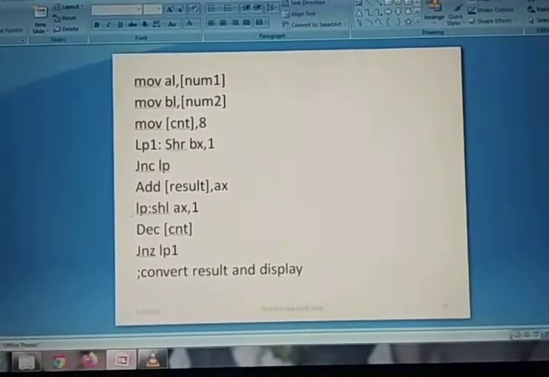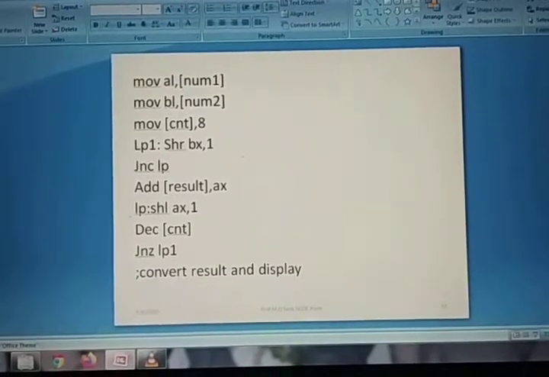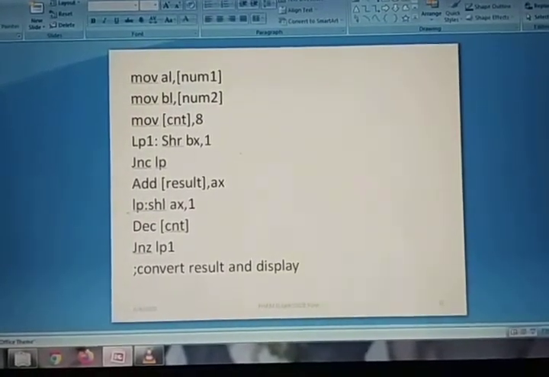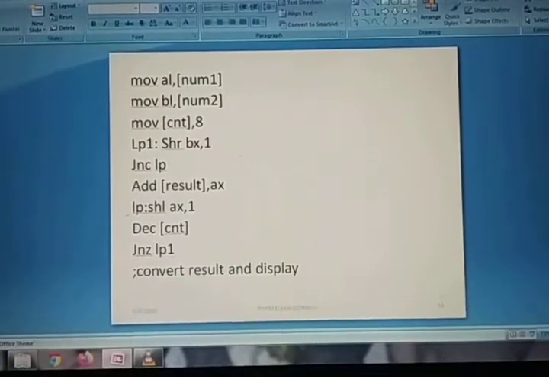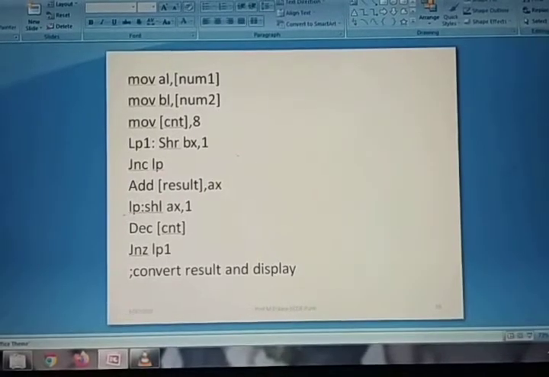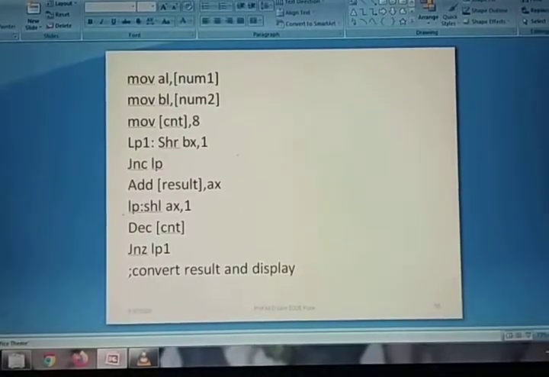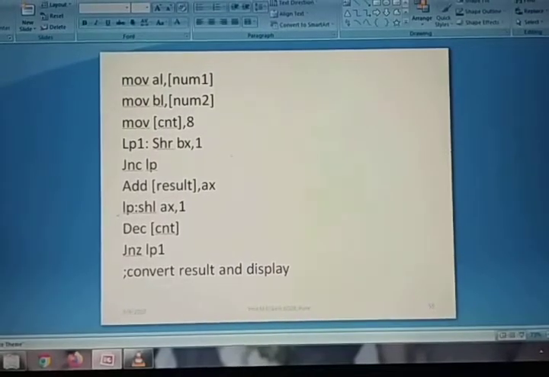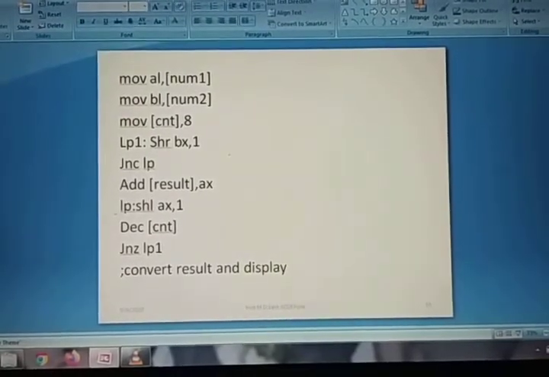So that's why we have to perform the ASCII to hex conversion before performing any operation. If you are performing any operation on that number, first we have to convert that number from ASCII to a hex number. After that you can perform any operation, otherwise you cannot perform any operation on that number. So num1 and num2 variables we are using here for saving our input values.